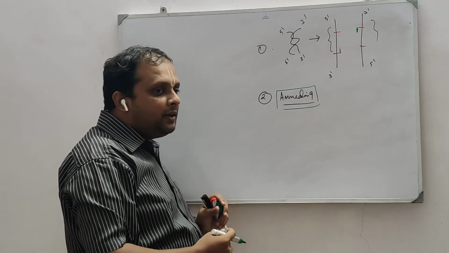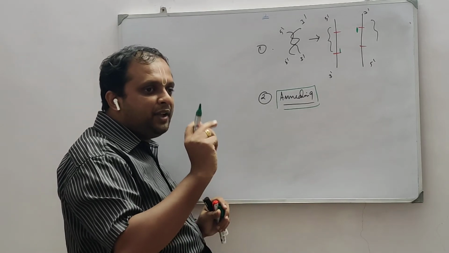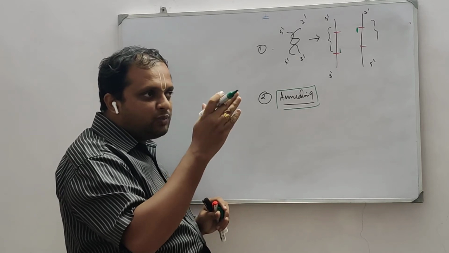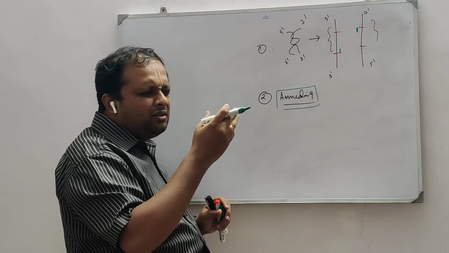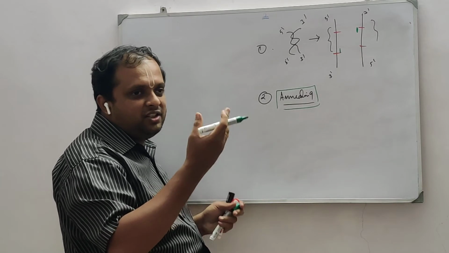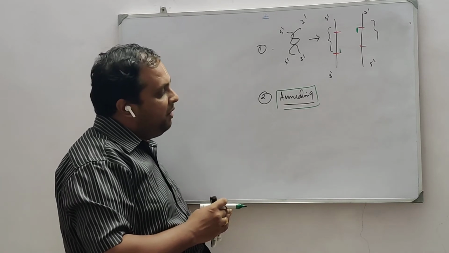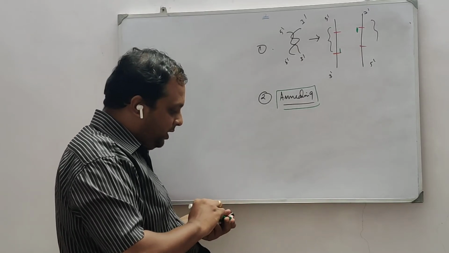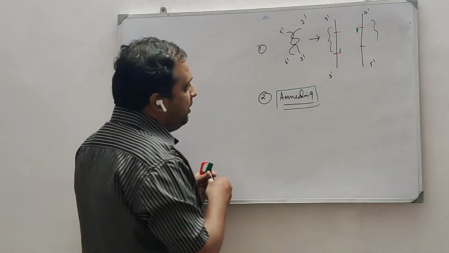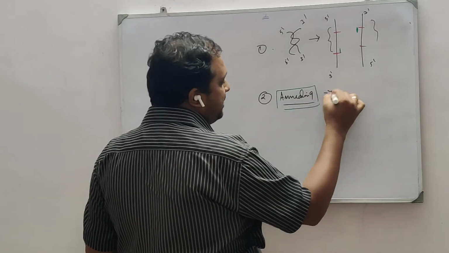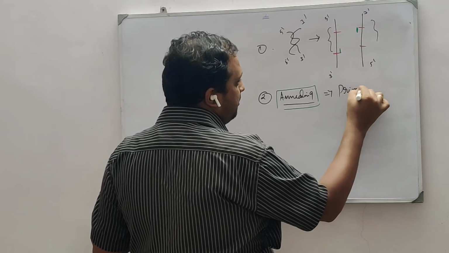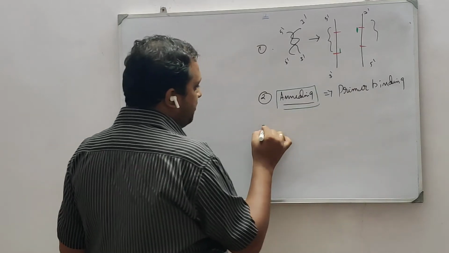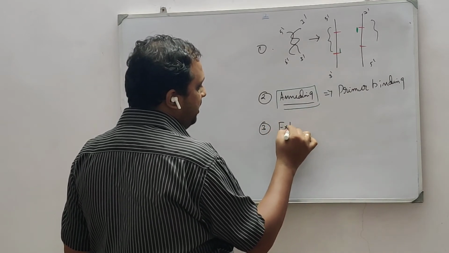Which means that the annealing temperature for each and every primer will be different. That's why I have given a range. It goes from around 55 to 70, say 60 degrees Celsius, 65, 60 degrees Celsius. Fine, so this is what annealing is. Now, the third step is going to be extension. I can call the second step primer binding, and the third step is going to be the extension step.